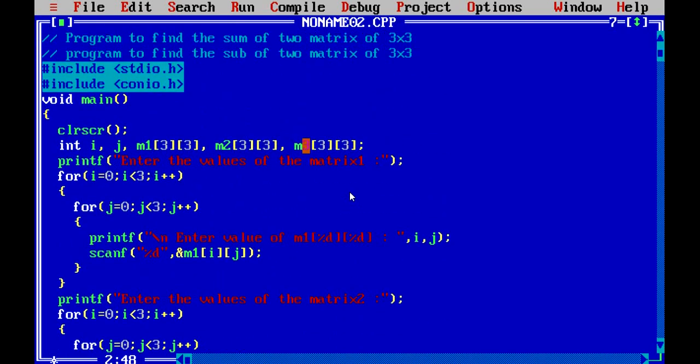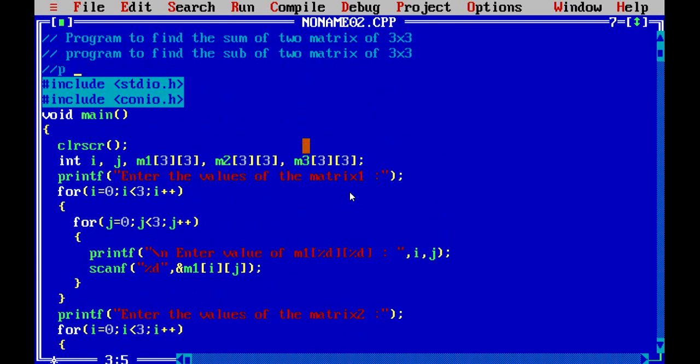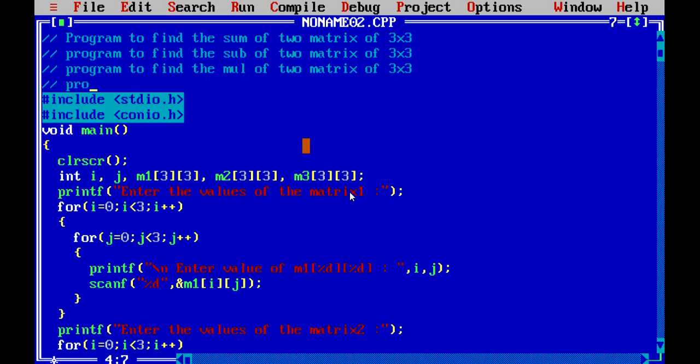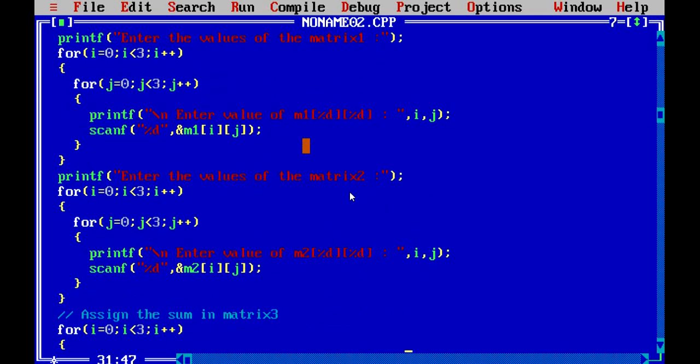So in the same order we can perform other operations like multiplication and division.